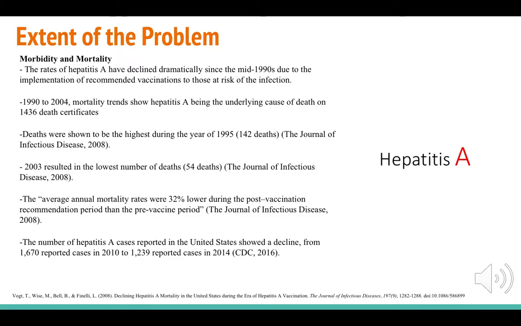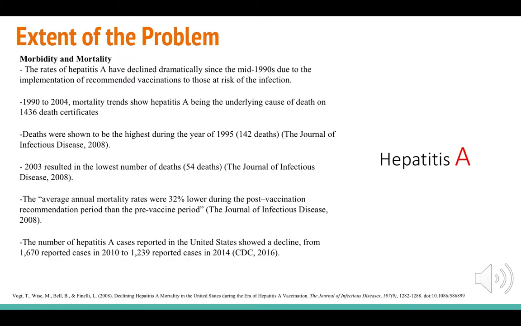In this slide, the extent of the problem will be discussed. Morbidity and mortality. The rates of hepatitis A have declined dramatically since the mid-1990s due to the implementation of recommended vaccinations for those at risk of the infection. From 1990 to 2004, mortality trends show hepatitis A being the underlying cause of death on